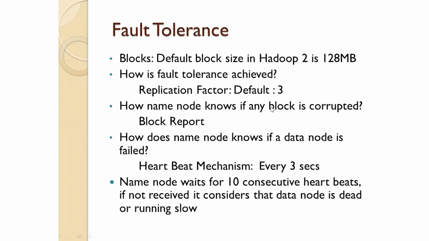Now that 600 MB file will be divided by 128. So we get 4 parts of that file, and some part will be left with the 88 MB. So suppose that now we have 5 blocks, and then each block can be stored in each machine because we have a 5-node cluster. And then, in parallel, the MapReduce program will be dumped into the node, and then that will process. Thereby, we can implement parallel processing.